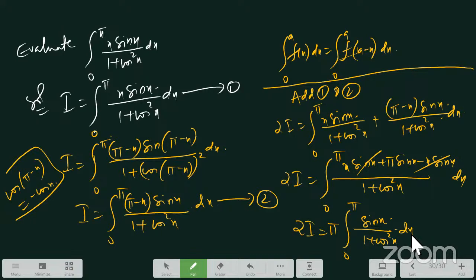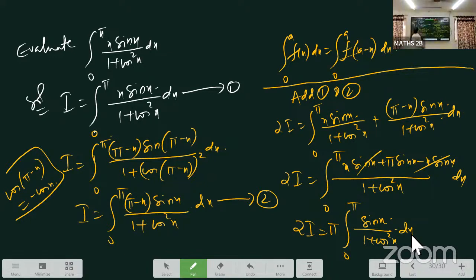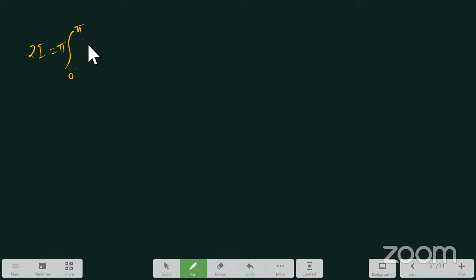Is it clear? Now sin x by 1 plus cos square x, 0 to pi. Now put cos x equal to t. Is it clear? So 2I is equal to pi, 0 to pi, it is sin x by